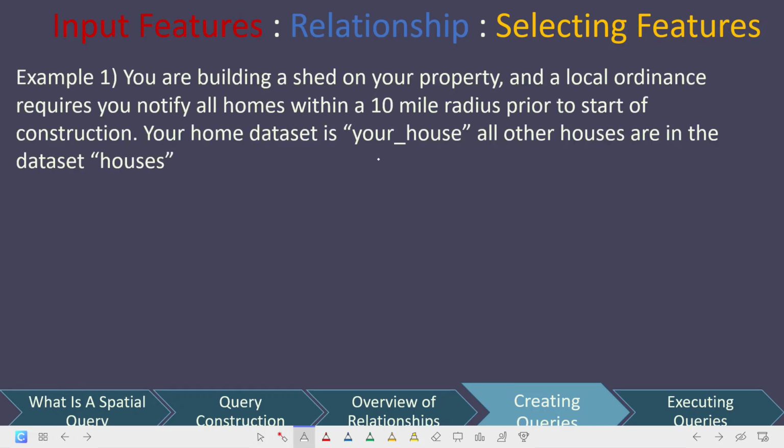So let's go ahead and go through an example. This is actually going to be a spelled out example of the basic concept that I talked about in the beginning. You're building a shed on your property, and you are required to notify all of the homes within a 10-mile radius prior to the start of your construction. You know that your home's data set is your house, and all of the other houses are in a data set houses. The idea is that we want to notify all of the homes within a 10-mile radius. So let's think through what pieces we would take out of this to generate the spatial